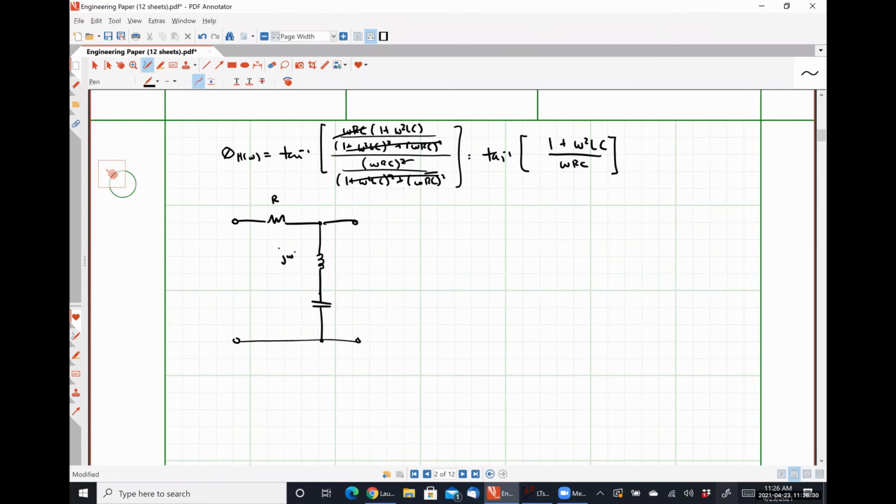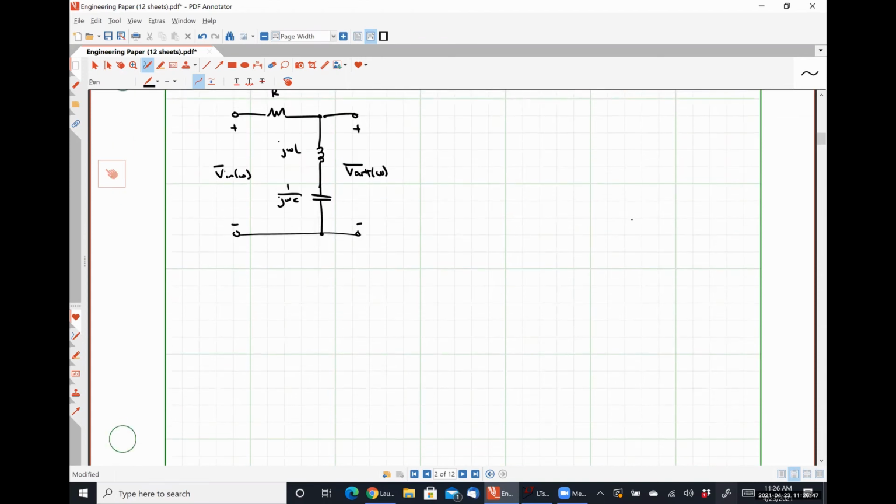So this is j omega L. This is 1 over j omega C. And our transfer function, H of omega, is the voltage drop over both the capacitor and the inductor. So that's going to be j omega L plus 1 over j omega C